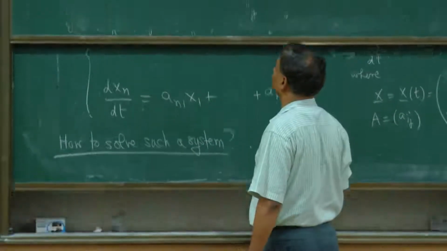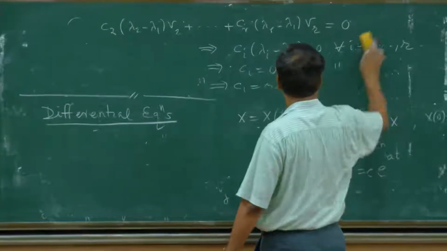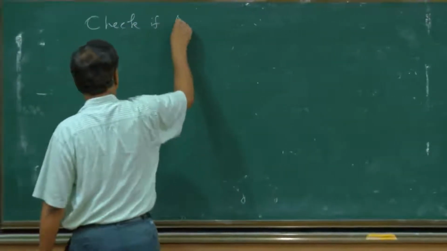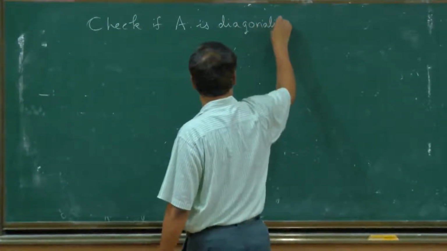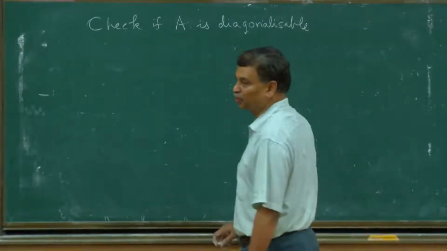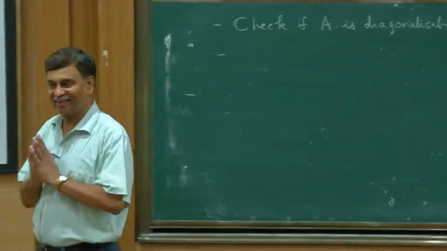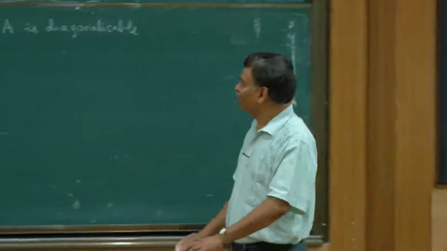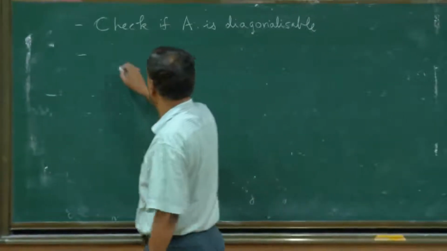So the recipe for this, which works in many cases though not all, is the following: check if A is diagonalizable, and we will see how we do that, okay. You check and you kind of pray, okay, let us hope A is diagonalizable, and if your prayers are answered, which 99% of the time they will be, I mean it is an infinite sample space, but since most matrices are diagonalizable, then find